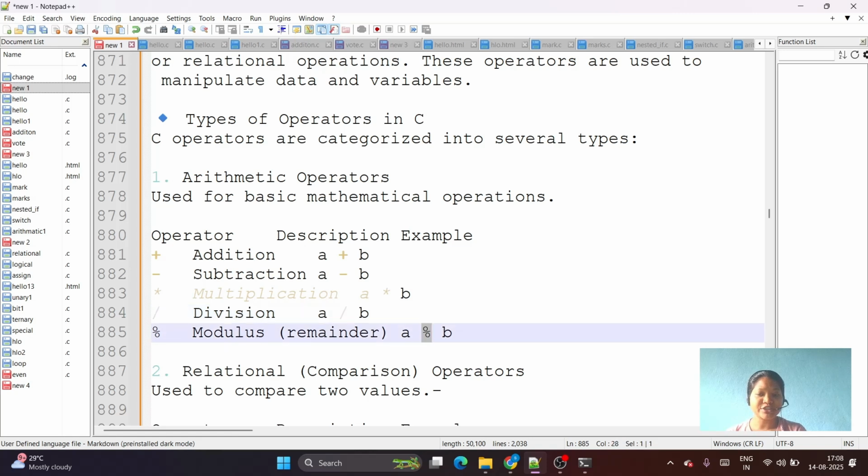Okay, so what do you mean by this simple division and modular division? So basically simple division gives us the quotient value, whereas the modular division gives us the remainder value. Okay,